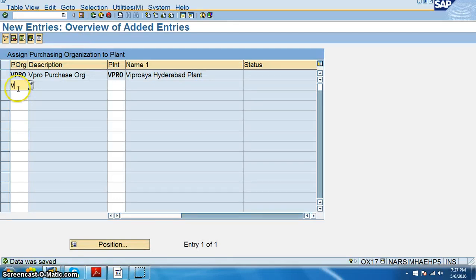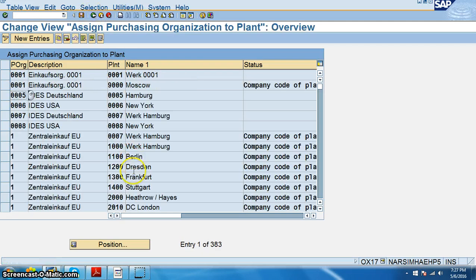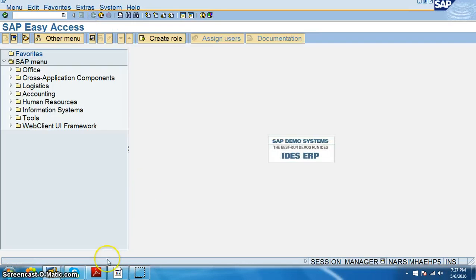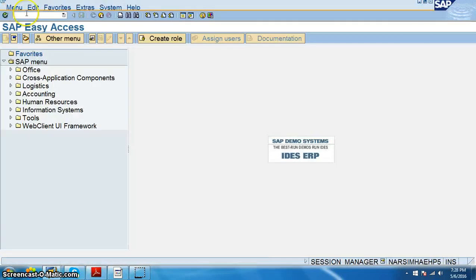And we can also go for VPRP as well. So we have done the VPRP purchasing organization also, and we are assigning it to plant VPRO only. We can do it like that. So we can have multiple purchase organizations for one particular plant. Then we have define attributes of material types, OMS2.